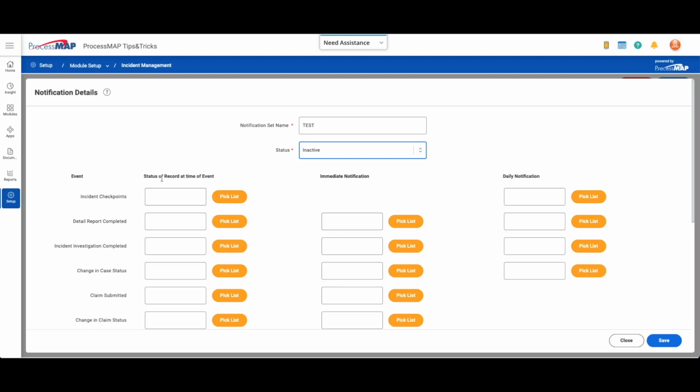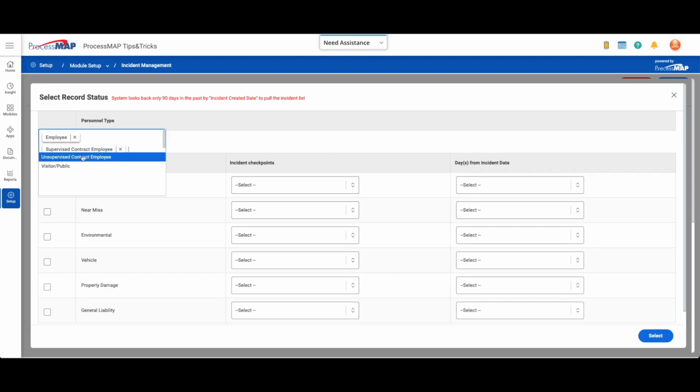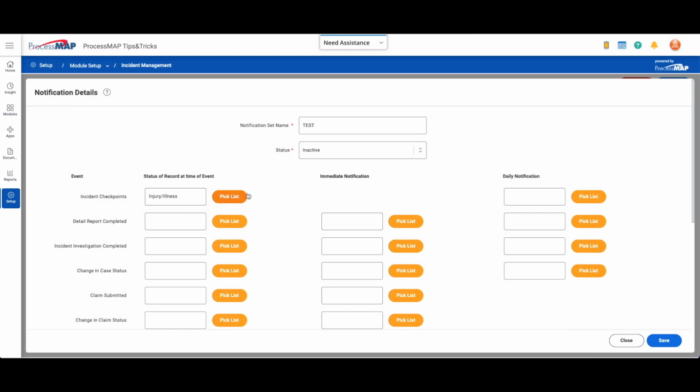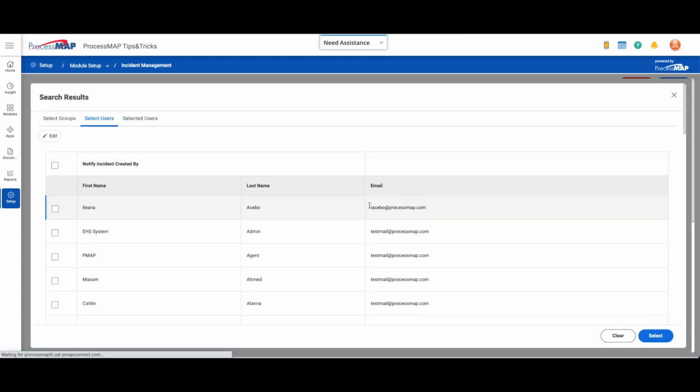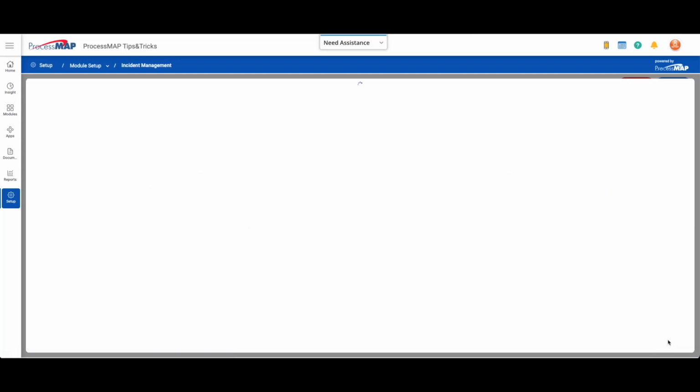straight line. So for example, for this initial checkpoint, if I wanted to select this notification, it's going to give me the option of creating them. I'm going to go by selecting all my options. And the only option I have here is for daily notifications. So I'm going to go ahead and select. And you're going to see that that is now picked. If I was to hit save,